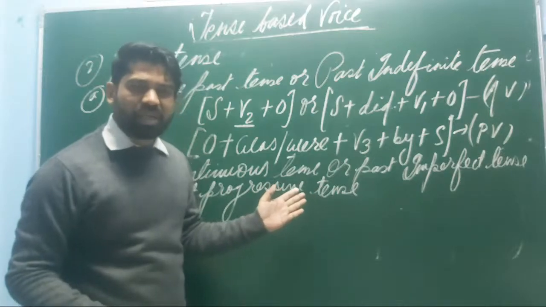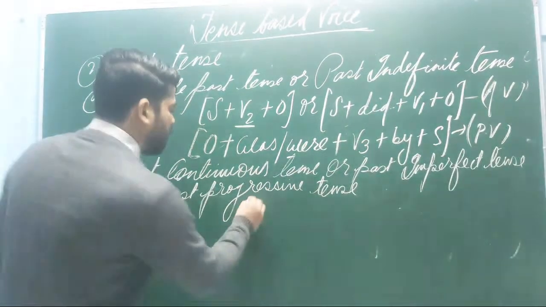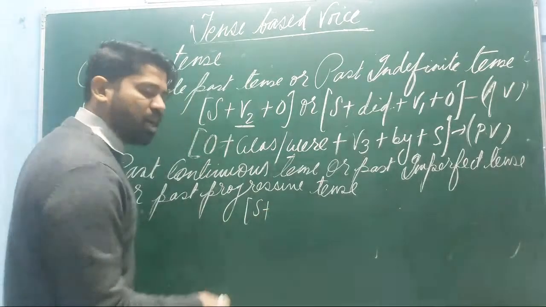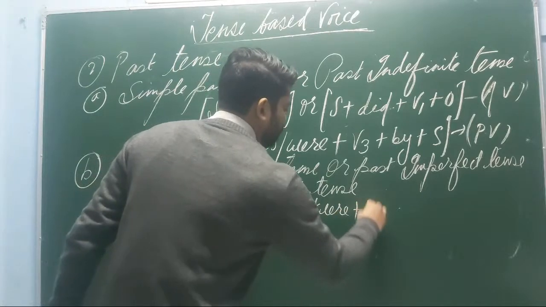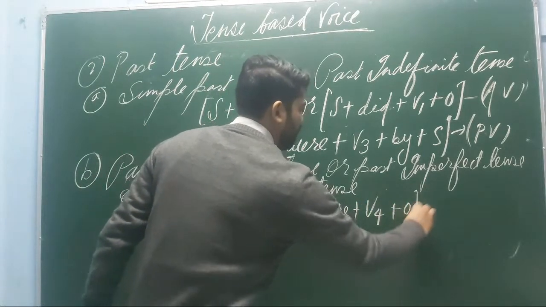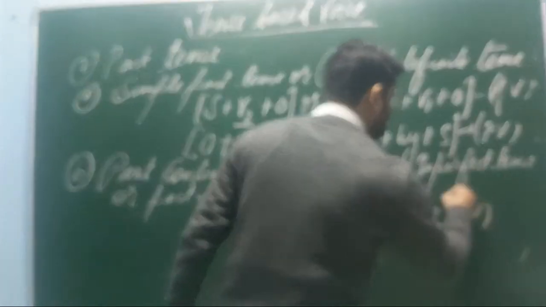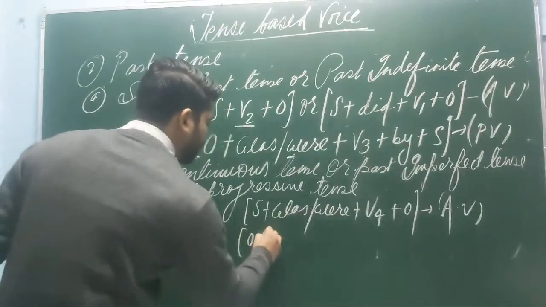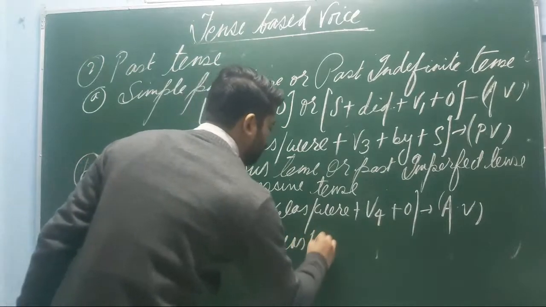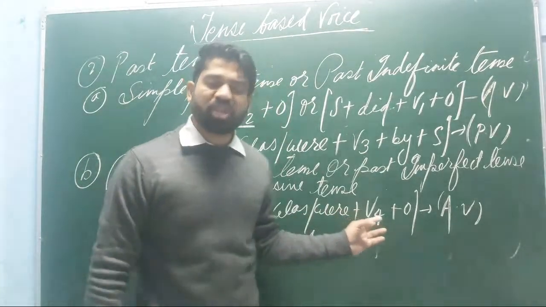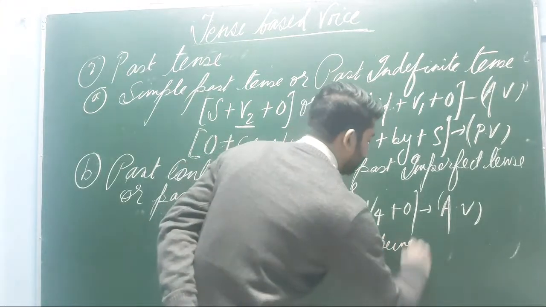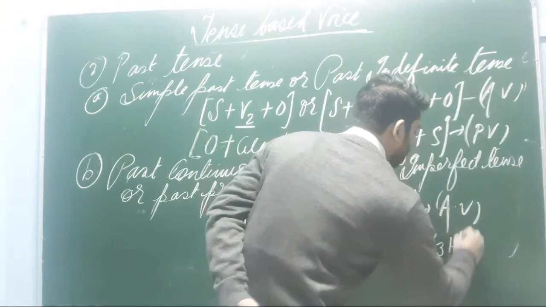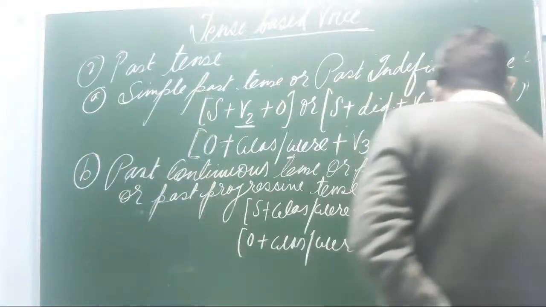Are you getting me clear what I am saying? Okay, come on. So the structure will be subject plus, since it is past, the use of was or were, plus verb ing, plus object. So this structure is for the active voice. Now what will be the passive structure? It will be object plus was or were. So one thing you need to memorize: if there is the use of ing in any sentence, in passive there will be the use of being. So it will be being plus V3 plus by, and the last will be the subject.